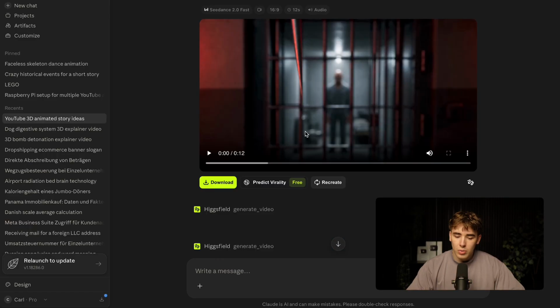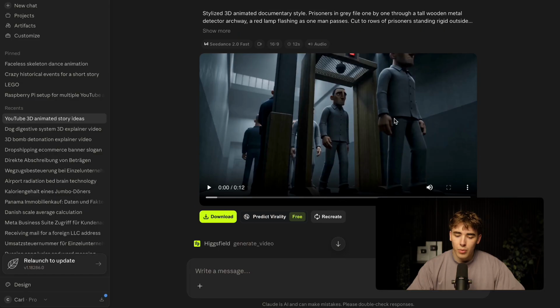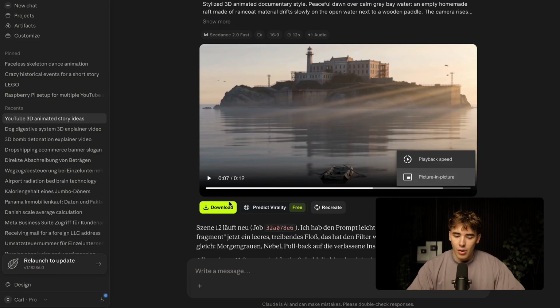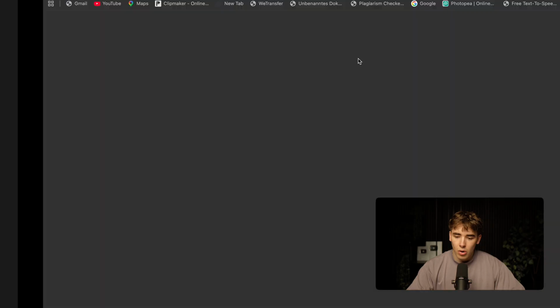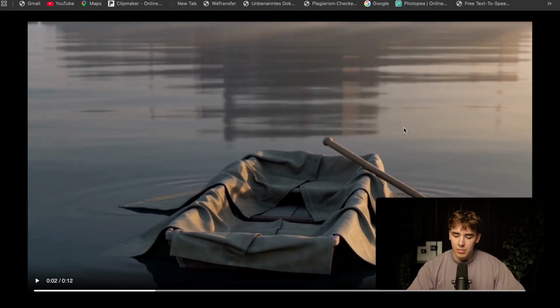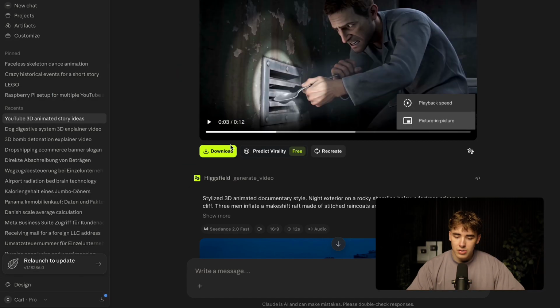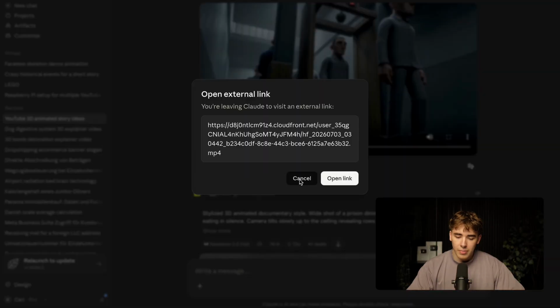Now then of course once you have these different scenes, I'm going to show you how you can combine them, because obviously now we just have some loose scenes. Now here it's pretty simple. You can see already down here we have the download button. So I will just click on download, open the link, and you can download one scene after the other by just downloading it here. So if we just quickly do that for all the scenes,